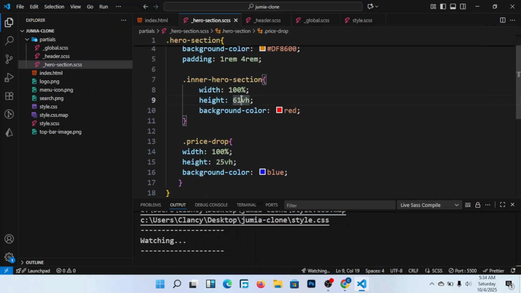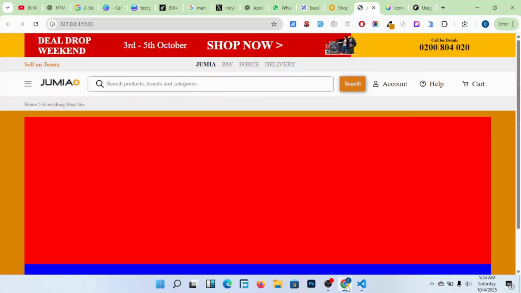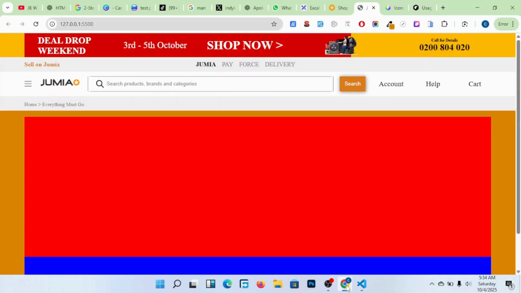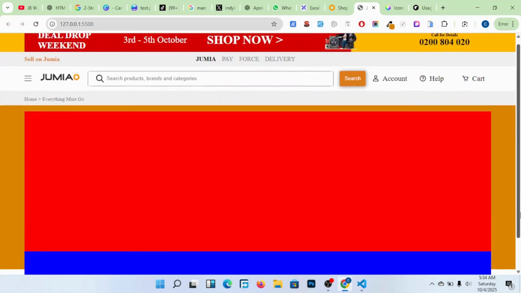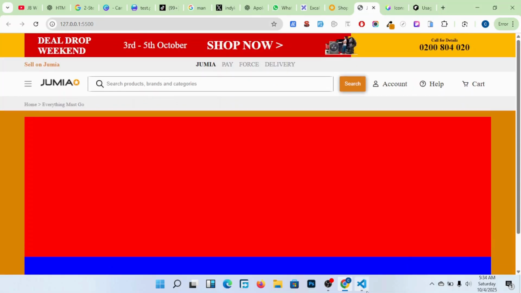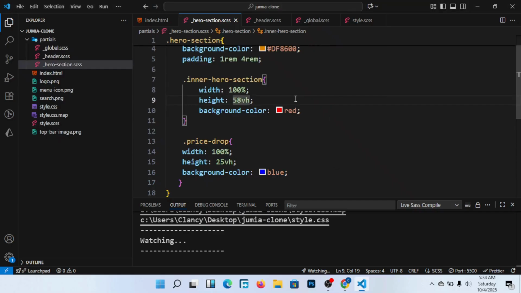Or maybe the 58 VH. And I see 58 VH, as you see the 58 VH, it looks like that. So it looks like this part is entering the hero section, and it looks okay. So I come here like this, then I go inside